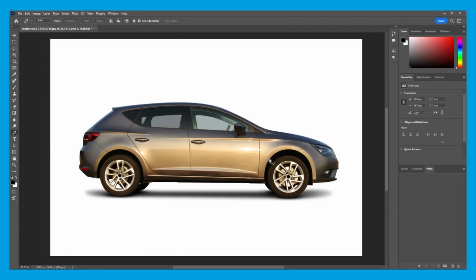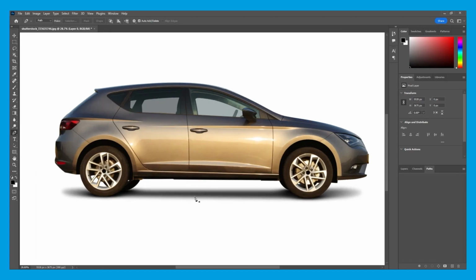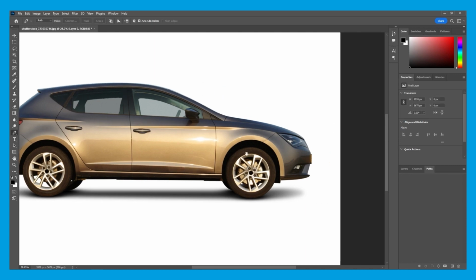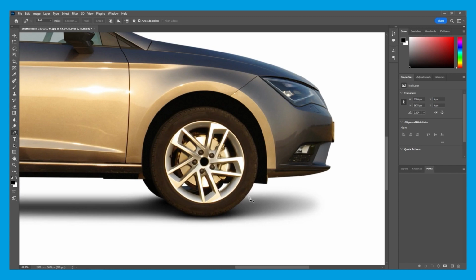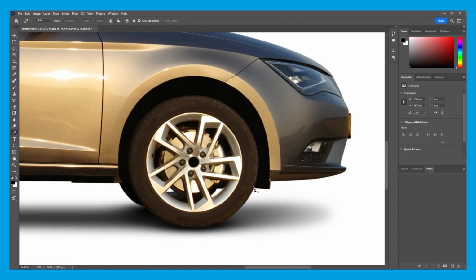So now that we've got all our pen tool settings correct, we can actually begin creating our path. And if you're not sure where to begin your path, I'll show you now. I don't recommend starting your path on a straight line like this, because when you do come back to join it, it will look jagged and won't look smooth. I always recommend starting your path on an angle. So I'm going to start my path on this angle here, the front tyre, where there's a little sharp angle here, so I'll begin mine here.